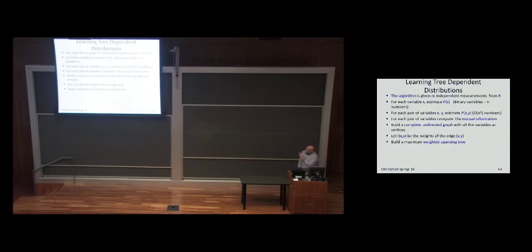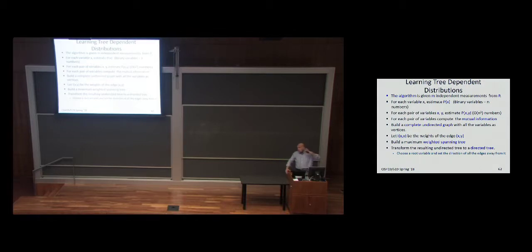Okay, so I'm back to the algorithm at the stage where we built the maximum weighted spanning tree. And now I'm going to transform this resulting undirected tree into a directed tree. And magically, the way I'm going to do it, this is maybe the coolest step in this algorithm, I'm going to choose a root variable and direct everything away from it. Now I have a directed tree. Okay, is it clear? I have an undirected tree. I choose any vertex I like, make it a root and direct everything away from it. That's going to be my tree.